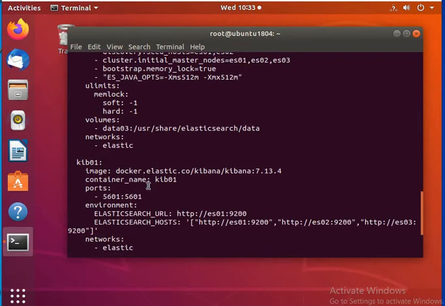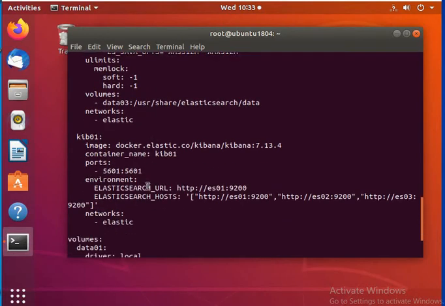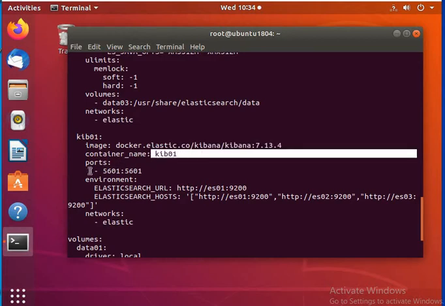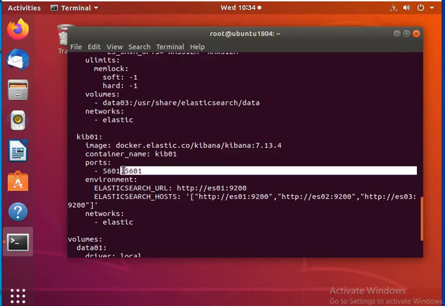This network is again an elastic network here. Now coming to Kibana, so we have created three Elasticsearch hosts. Okay, and that is inside the single cluster. Now we have to create a Kibana 01. In Kibana 01 we are again downloading the Kibana image from the Kibana repository, and then that's a version of it, container name Kibana 01, port we are giving 5601 to 5601.